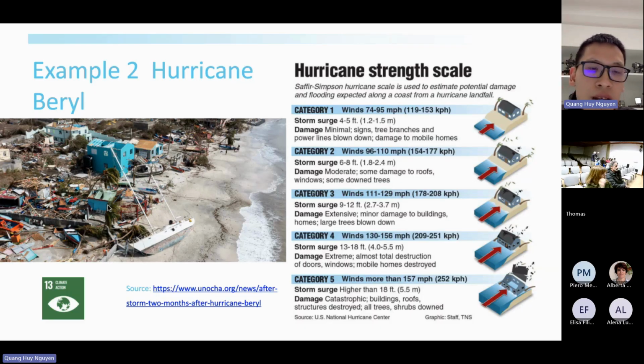And here is an actual photo of the island. So you can see boats have been moved from the sea onto the land, and you can see here the house has been removed, the roof, the trees have been torn down by the wind.